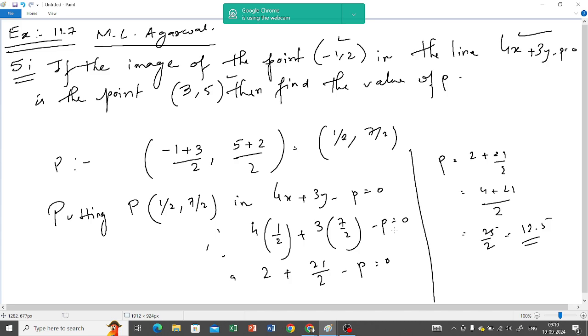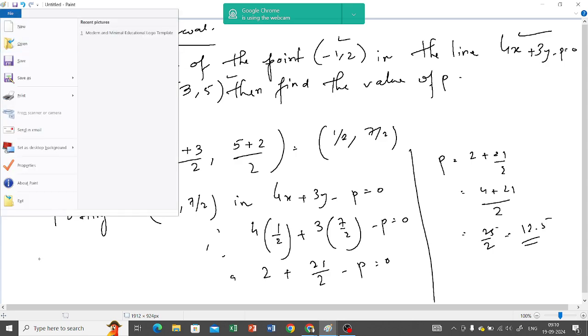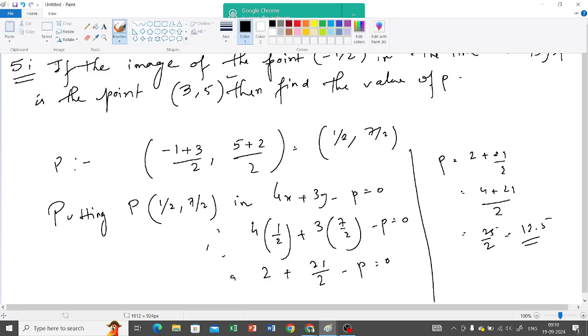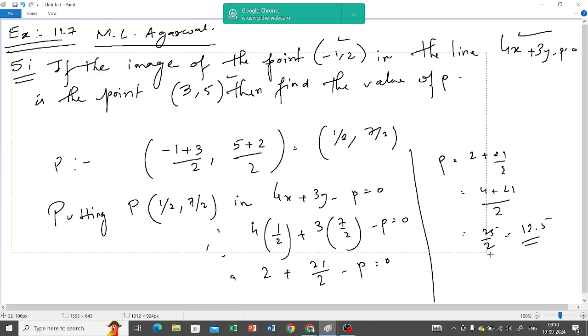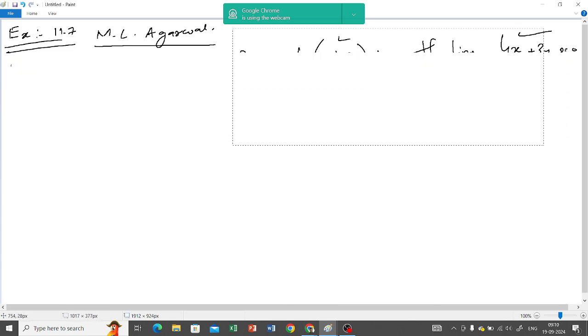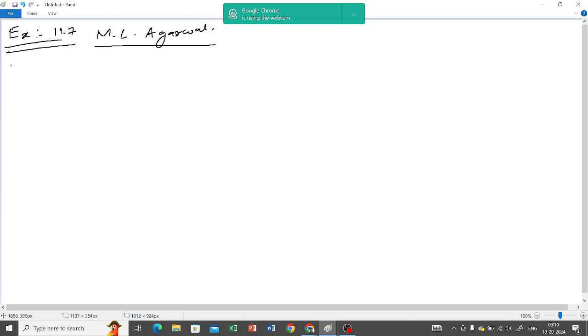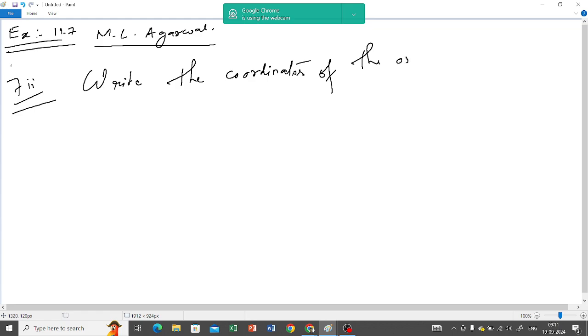Okay, do this sum. Write the coordinates of the orthocenter of the triangle